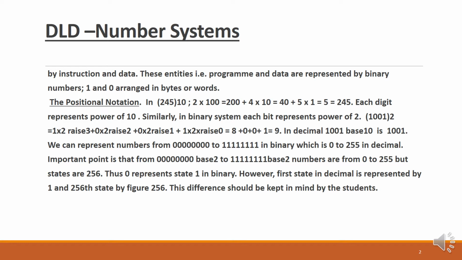And as we said already, the currency of binary numbers is 1 and 0. Now what is 1? When we switch on the light, we say it is state 1. When we switch off the light, we say it is state 0. These conventions can change also, but don't bother at this moment, it will come later. Just remember that 1 is when the bulb is on and 0 is when the bulb is off. These are the two states.